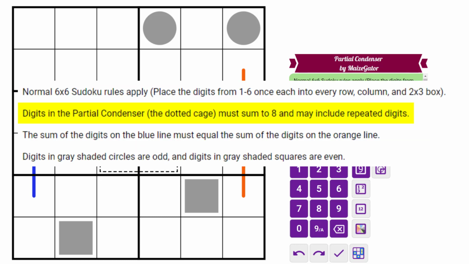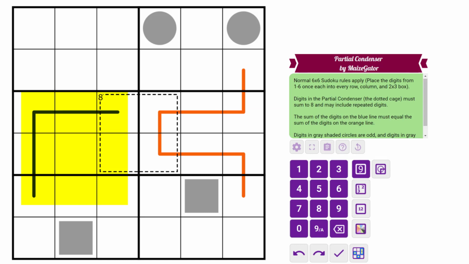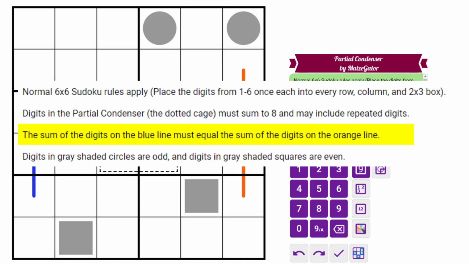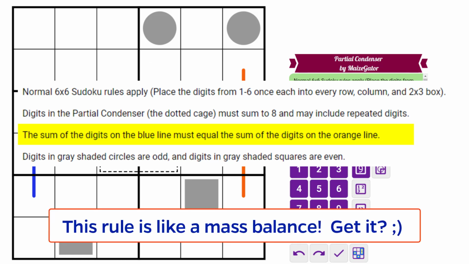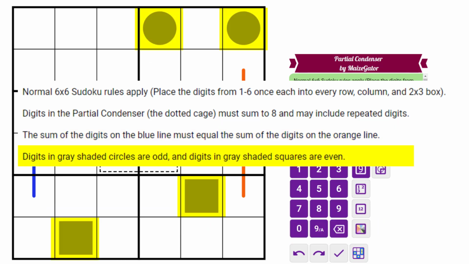There are also two lines, a blue input line to the partial condenser and an orange output line. The digits on these lines must sum to the same total, and this is my way of incorporating a mass balance into the puzzle. And finally, digits in the gray shaded circles are odd, and digits in the gray shaded